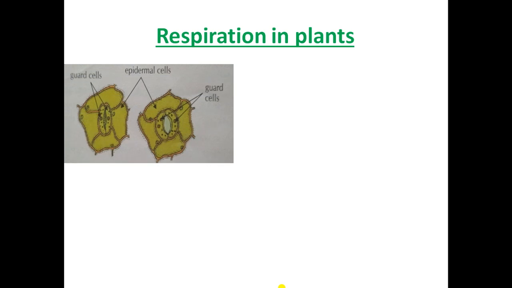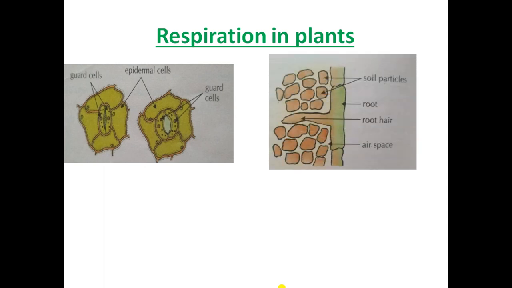Let us first take the leaves. As you had studied, the leaves have small openings. In an earlier chapter you had learned that they have tiny pores on their surface, and these pores are called stomata. So stomata are responsible for the exchange of oxygen and carbon dioxide. Hence respiration occurs through them in plants. Okay. And the next one is, can you guess what the picture is depicting? It is the root here.